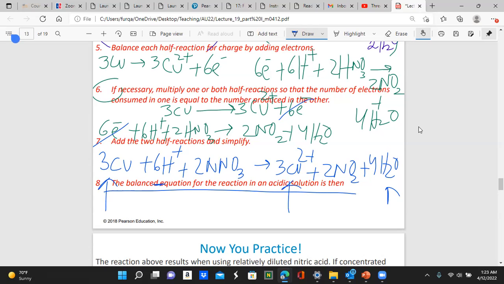6 hydrogens, you have 4 times 2, 8 hydrogens here. Oh, just a minute, what am I doing? This is H, okay? So HNO3. So 2 hydrogens here, 6 hydrogens here, 8. 4 times 2 is also 8. So hydrogens are balanced. Then nitrogen, I have 2 nitrogens here, I have 2 nitrogens here. 2 times 3, 6 oxygens. I have 4 oxygens here and 2 oxygens here. That is also